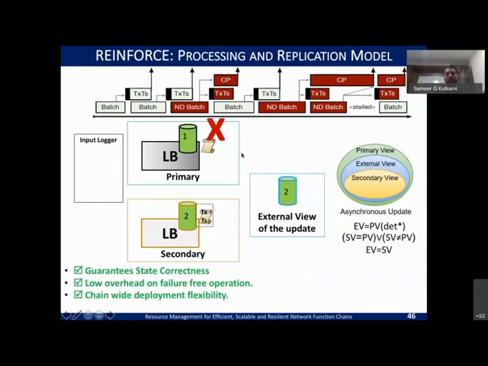Why? Because this load balancer never released the packets and the state was never updated. So this is how you can see that the main thing is this load balancer, it had its own different state compared to the primary, right? But still the correctness is guaranteed. Why? You are having this to achieve what you really need. These two are always in sync.